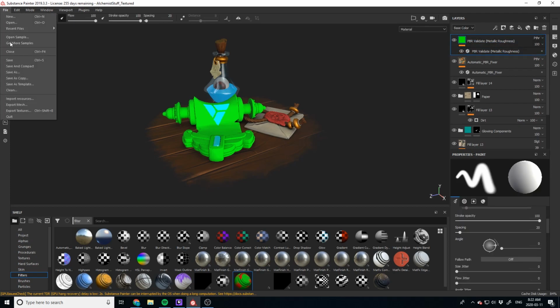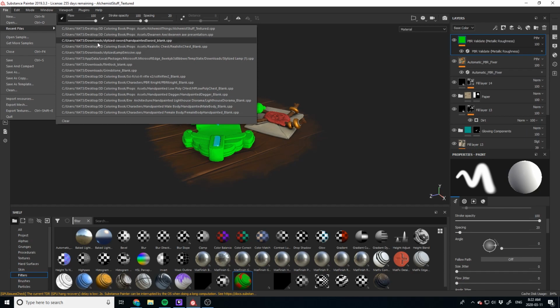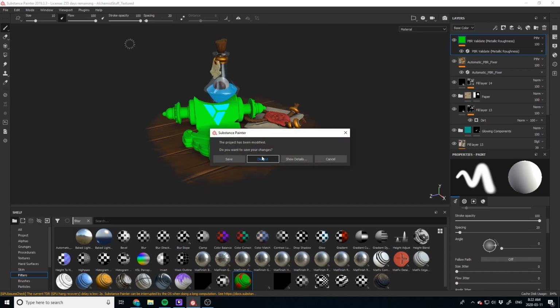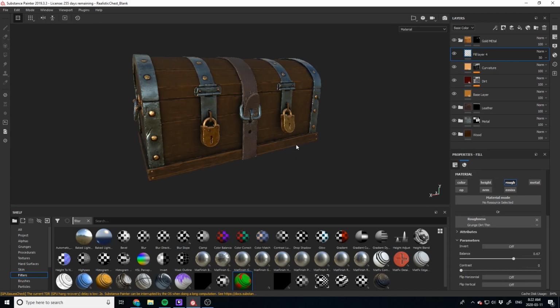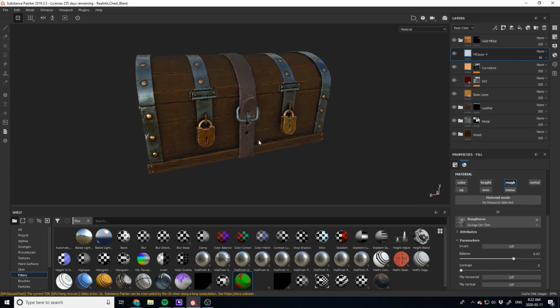Let's do one more, and I've already tested this, but I want to show you exactly what happens when it doesn't work perfectly. We're gonna use a realistic chest here that I kind of put a stylized twist on myself. Again, this is available in the 3D Artist coloring book, but we'll leave that for now. So when you pull up